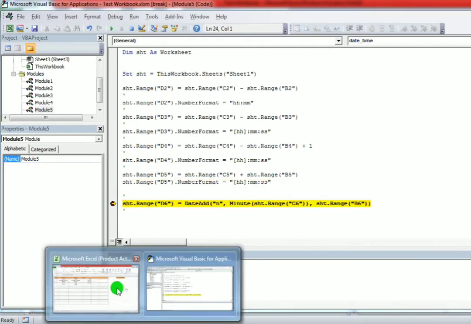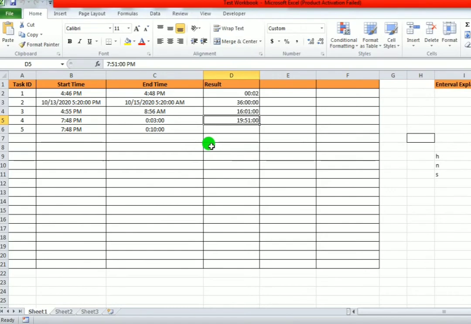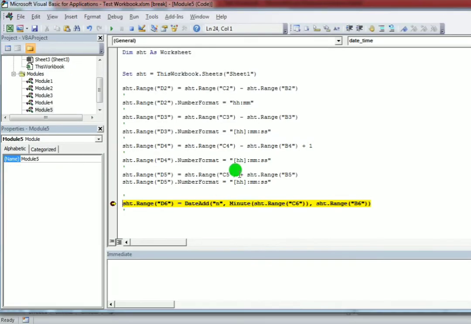Now you can see the output here. Oh, sorry guys, this is not the right way. Let me, one second. This is not the correct format which I have given, so this is the correct format.